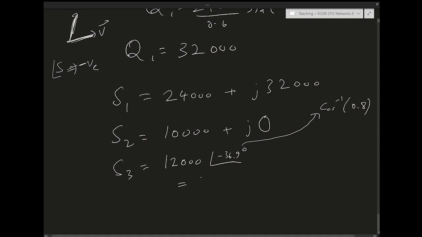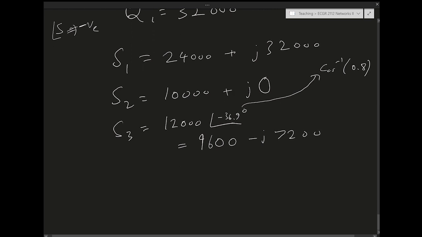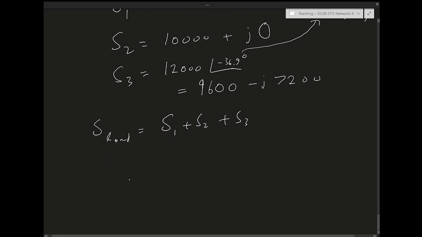If I convert this to rectangular coordinates, I get 9600 minus j7200. Okay. Now we know that the total complex power is conserved, right? So S load is going to just be equal to S1 plus S2 plus S3. So if we combine all those three complex powers, we find that S load turns out to be,